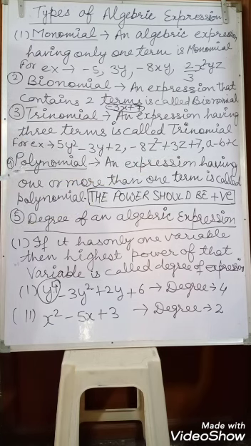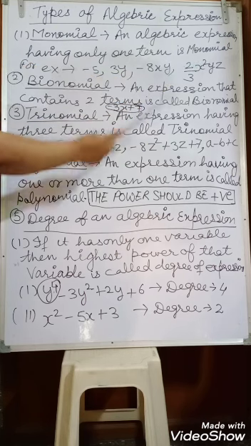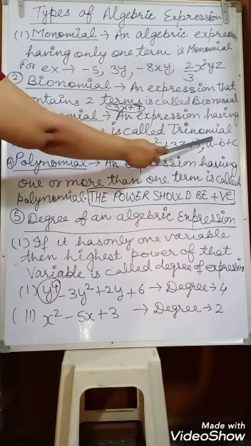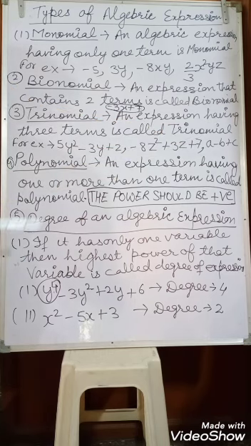Now what is a polynomial? An expression having one or more terms is called a polynomial. It means monomial, binomial, trinomial, all are polynomials. The condition is that the power should be positive. Now class, just see the example. x raised to power 2, power is positive. Again, x z square, power is positive. a raised to power 1, having no power is power 1. It means it is a positive power. So the power should be positive.